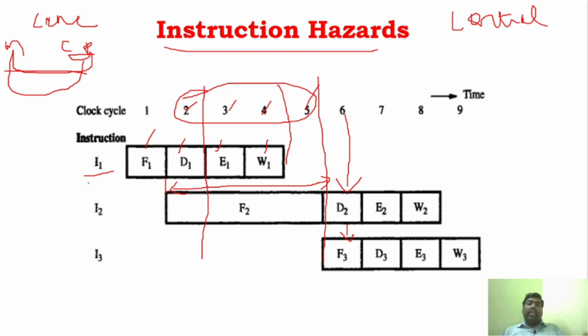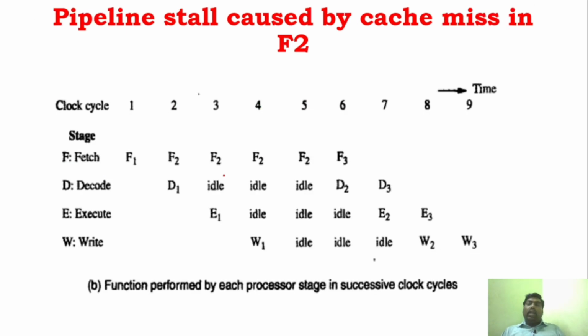And this is called an instruction hazard, right? And you can see that till this point no operation will take place, correct? This is called an instruction hazard, or it can also be called a control hazard. And there is one final hazard, which is called a structural hazard. We know what a data hazard is and what